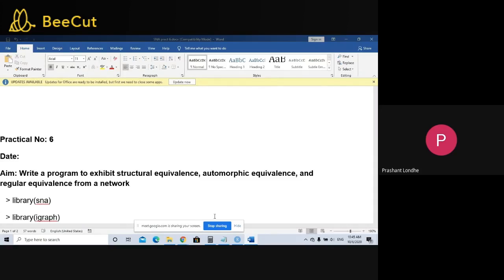Now, if you deal with only MSc, it is also an example of automorphic equivalence because the label is MSc. That means everything depends on the label. If the label is MSc, you are supposed to consider only MSc students. If the label is PG, you are supposed to consider the MSc as well as MS students.